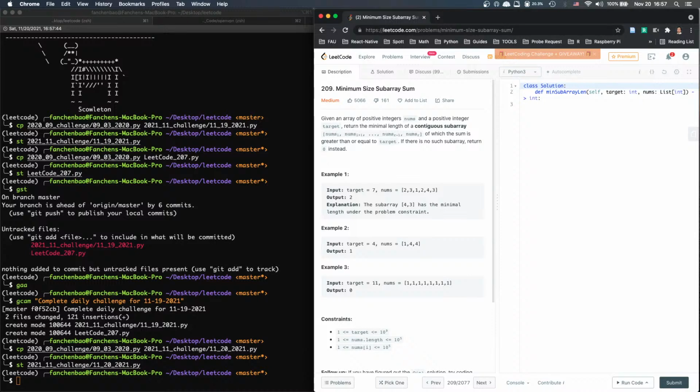Well, we want to find if there's any subarray ending at 2 that can have a target value larger or equal to 7. Now I'm at 8, right? So I need to find if there's any subarray sum so far that can take 1. So I can do a binary search because it's all sorted. I do a binary search to find 1, and this results in nothing. We don't find anything, right? Binary search says there's no 1, and the